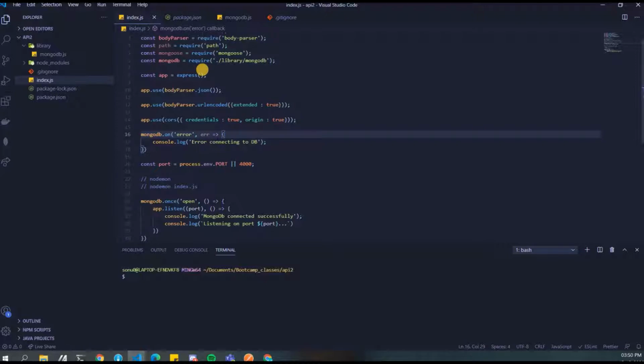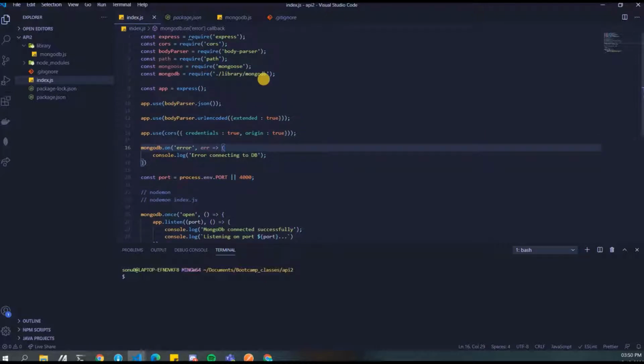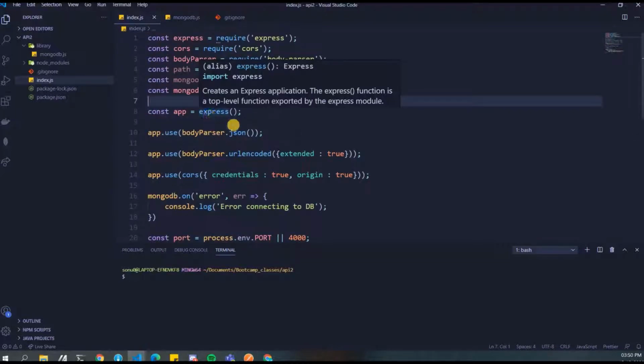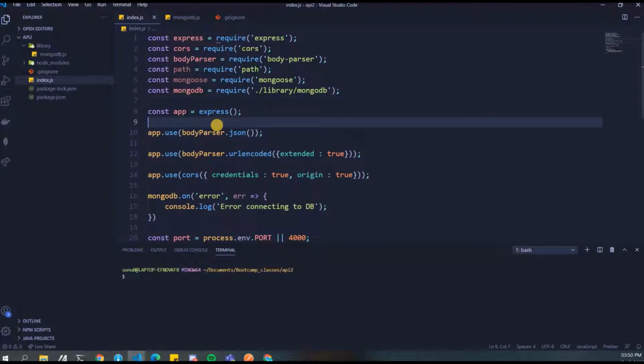Just a quick recap of the last code that we wrote yesterday. It was nothing but simply importing all the dependencies that we need initially to run an Express app. We imported dependencies like Express, CORS, body parser, path, MongoDB, Mongoose, etc. Similarly, today we'll talk more about what else we can do, how APIs are created, and how we can test those APIs and stuff like that. So let's get started.